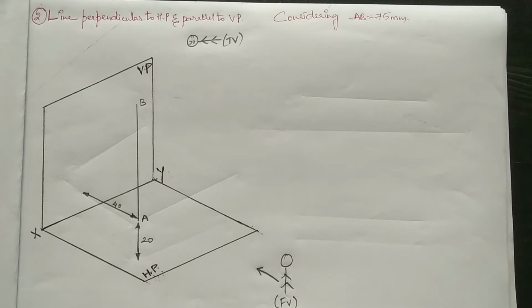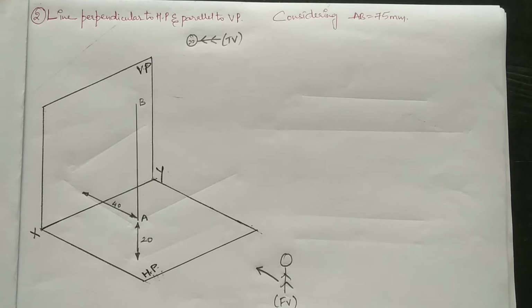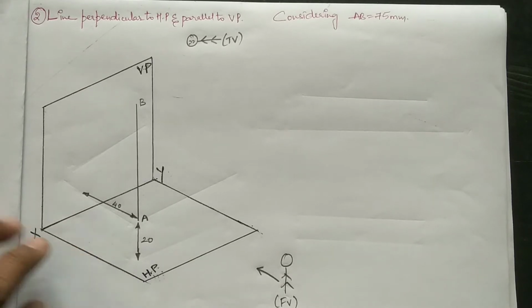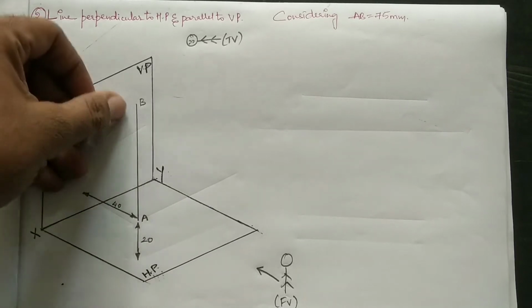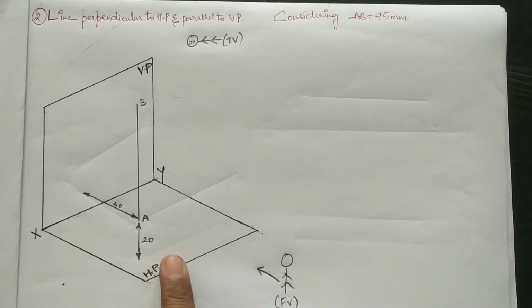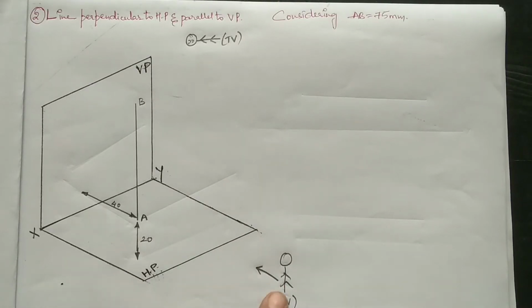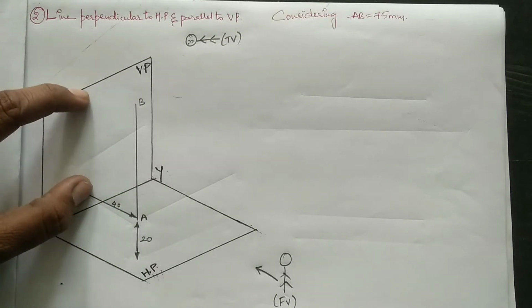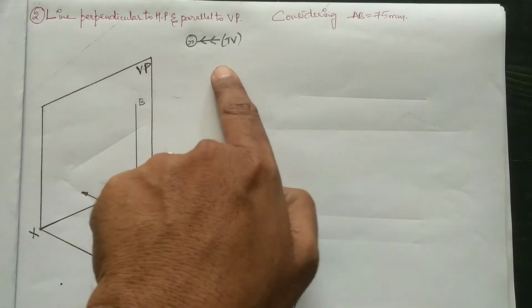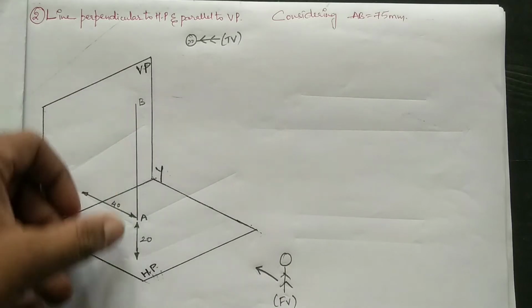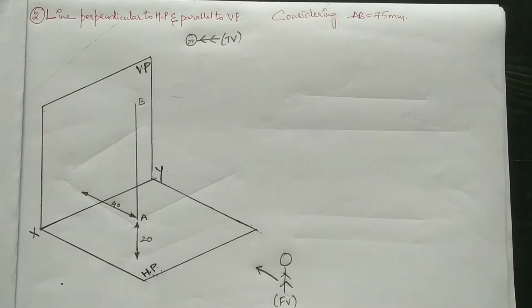Coming to the point of its projection, we are about to see that when a line is vertical, that is, perpendicular to the horizontal plane and parallel to the vertical plane, how do we draw its projections? From the front view, the true length of the line is projected on the vertical plane. But when we see it from the top view, only a dot type of representation is shown on the horizontal plane. So on behalf of this, first we need to draw.